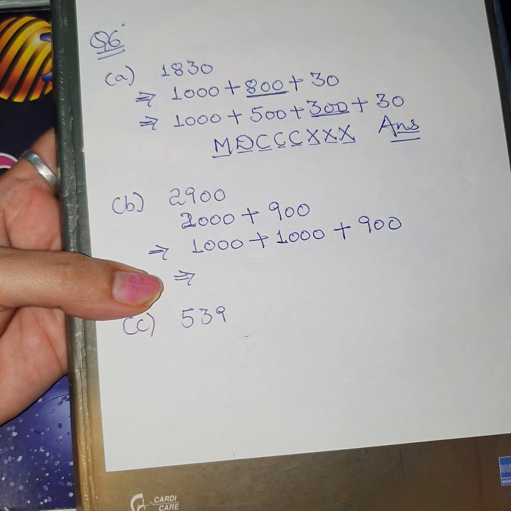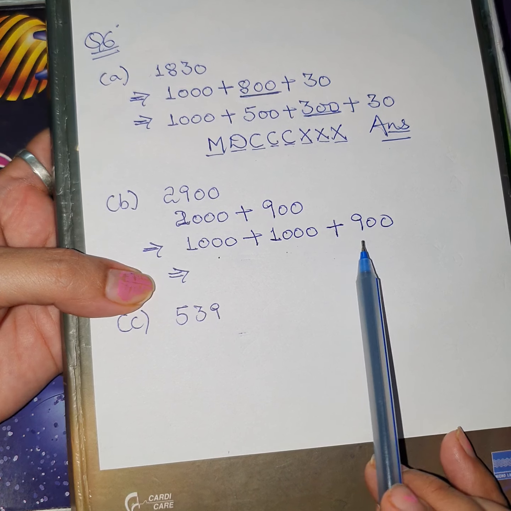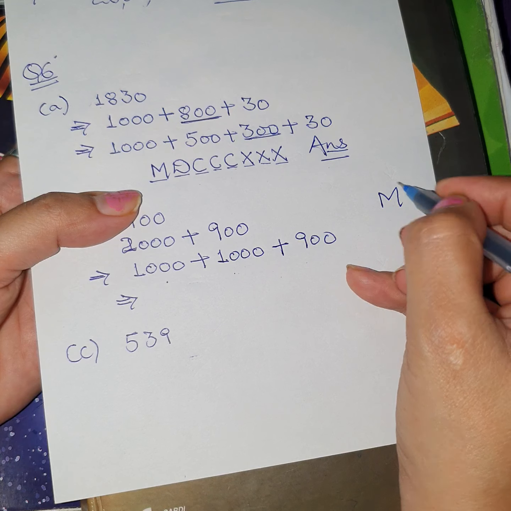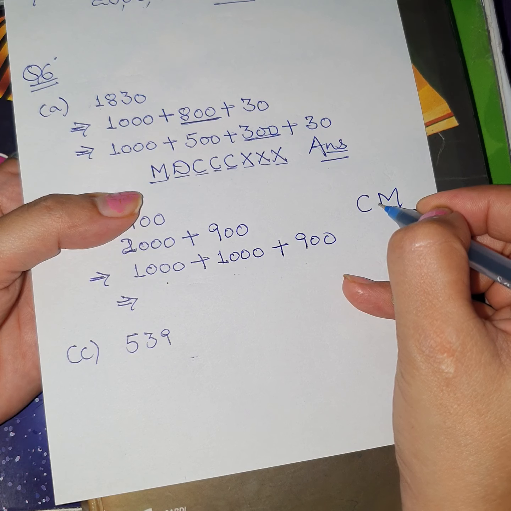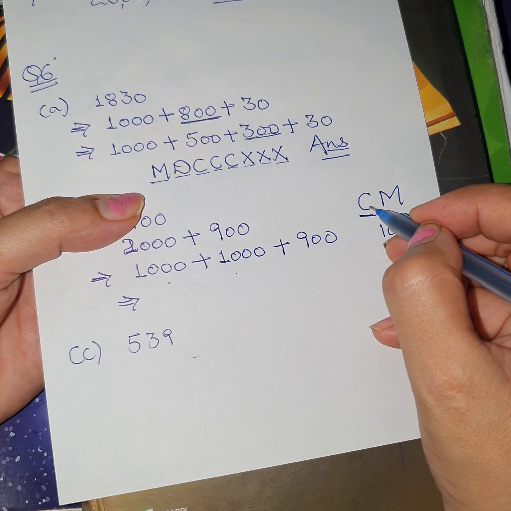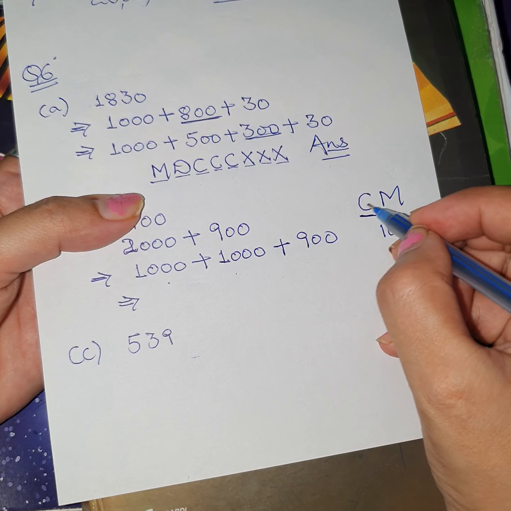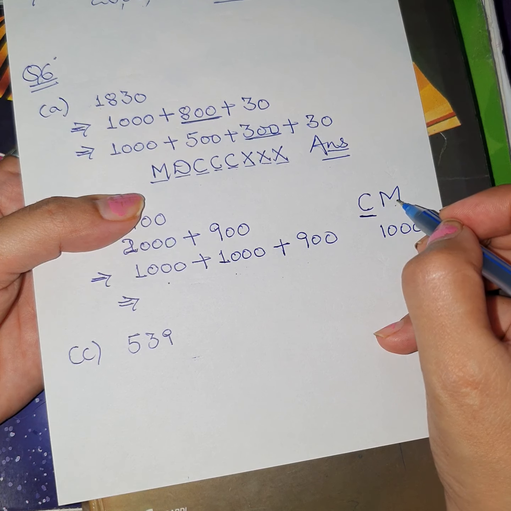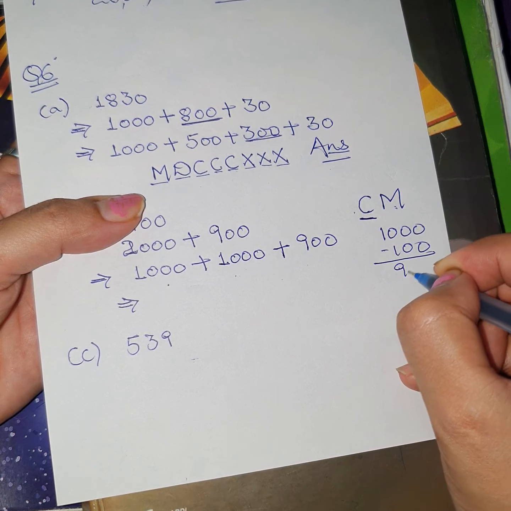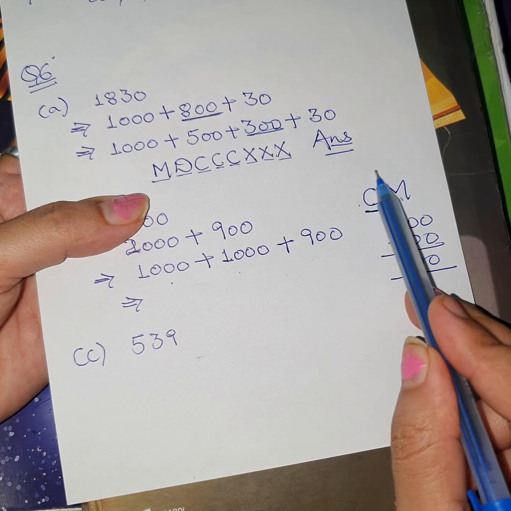Now, as you know, 1000 means M. Again 1000 means M. And how to write 900? See, M means 1000. If I place C before M, C is 100. So whenever the smaller letter comes before the bigger letter, I told you it is the case of subtraction. So if I have written C here and M here, smaller before bigger, it is also subtraction. So 1000 minus 100 will give me 900. Understood? So to write 900, we use the letters C, M.